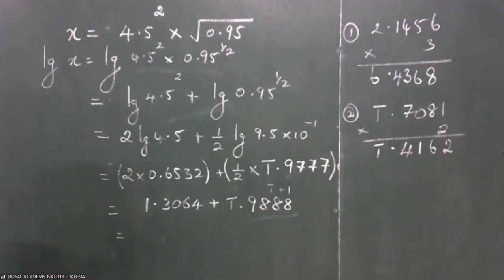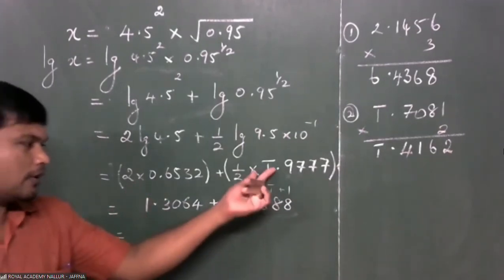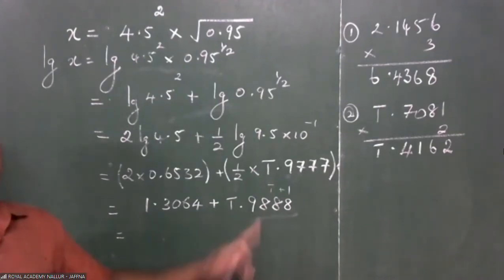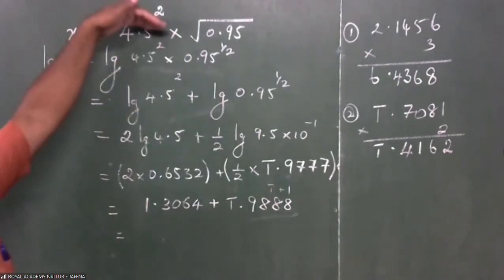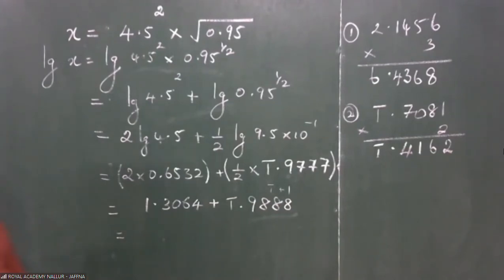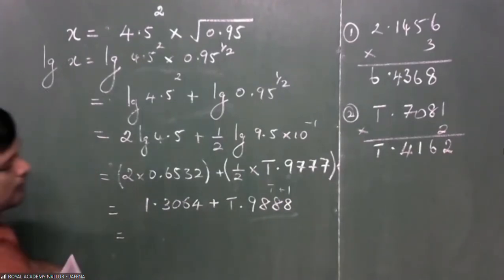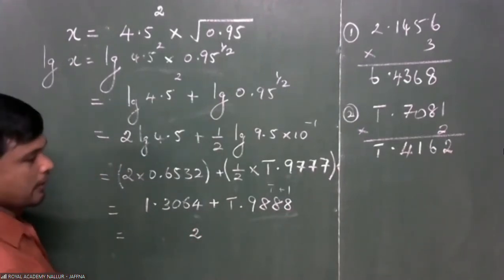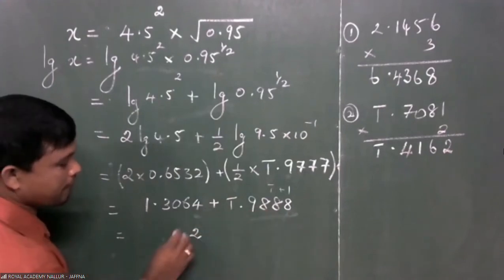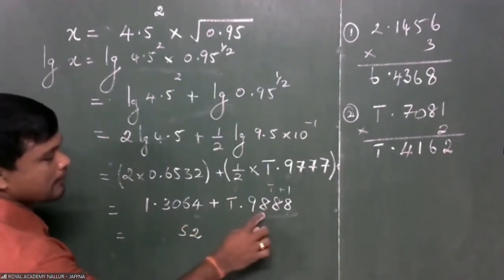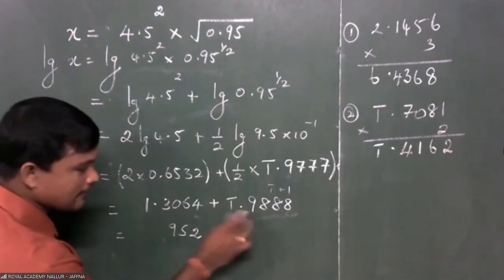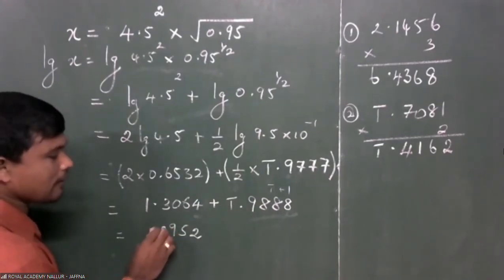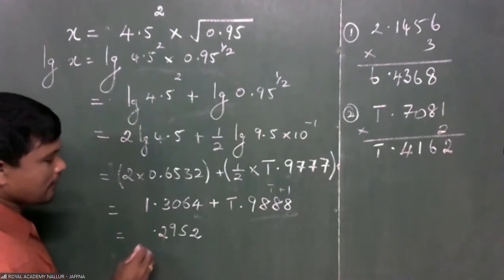You see now, we use multiplication of values, division of values, and we are going to add again. Because even if it is division, you will have to subtract it also. So all four basic operations are very important when simplifying numbers using logarithms. Right? Shall we add now? 4 plus 8, 12, 1 remaining. 6 plus 1, 7 plus 8, 15, 1 remaining. Here 1 plus 8, 9. 3 plus 9, 12, 1 remaining. Right? Answer will be 1.